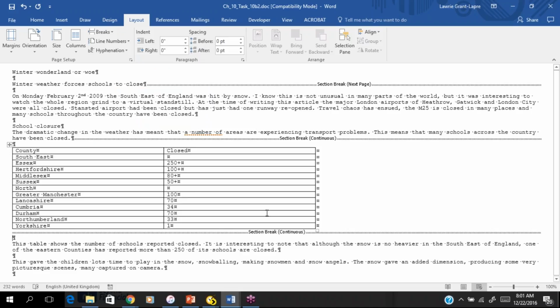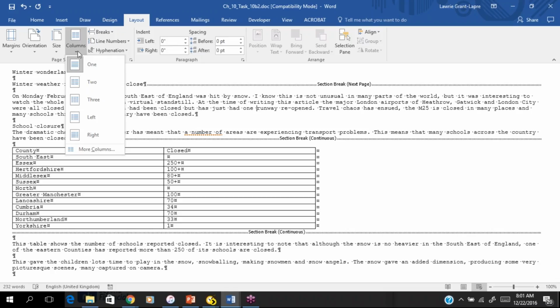Finally, we're going to add 2 columns in the text body. So click anywhere in that section and we will go up to columns. Now notice we could automatically just press 2, but we're not going to because we want to do a few more things. Now in the columns, what we are asked to do, and this will be made clear in your test or in your examination, it will say, okay, the break between columns, we're going to be asking for 2 centimeters between the 2 columns and a vertical line to be presented between the 2 columns. So let's go down to more columns,